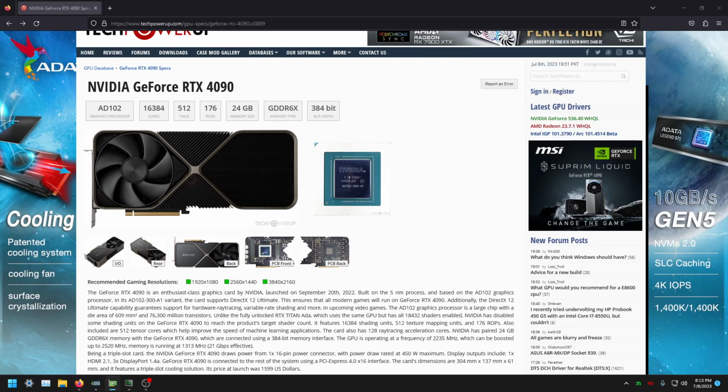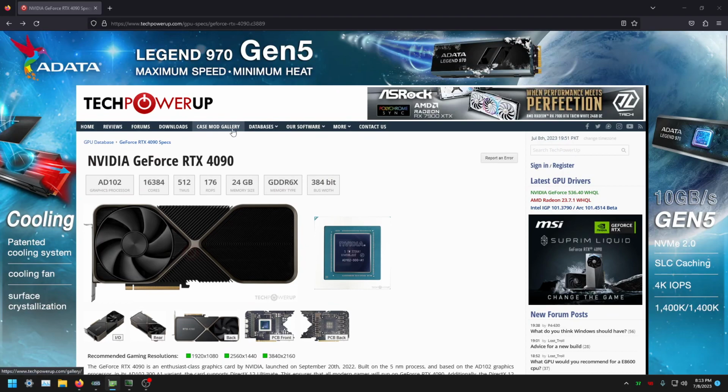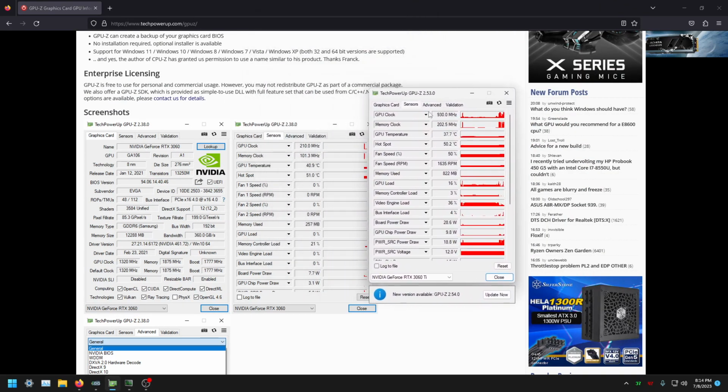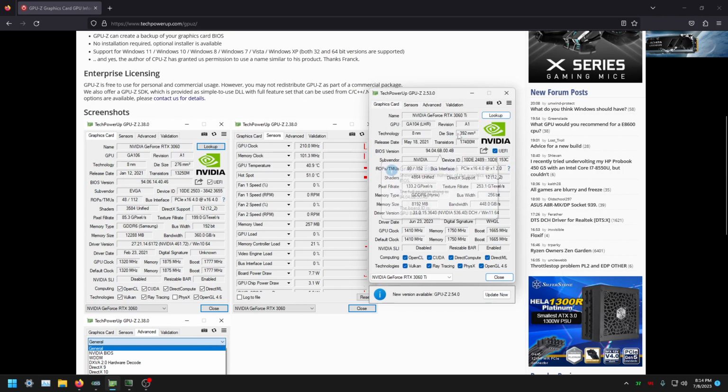So I would recommend you download a software called TechPowerUp GPU-Z. I'll provide a link. You can download it from this website. Yes, there it is. Go and download the software. It's a very good software. I have already downloaded it. It will show you your graphics card